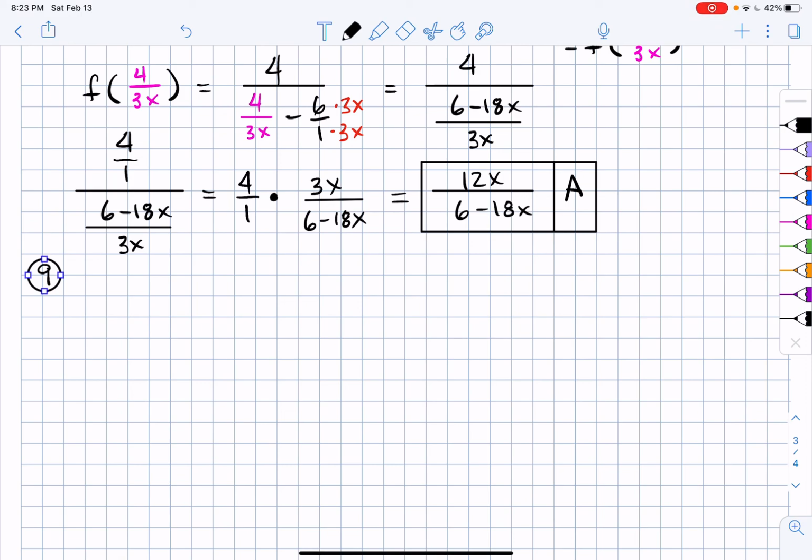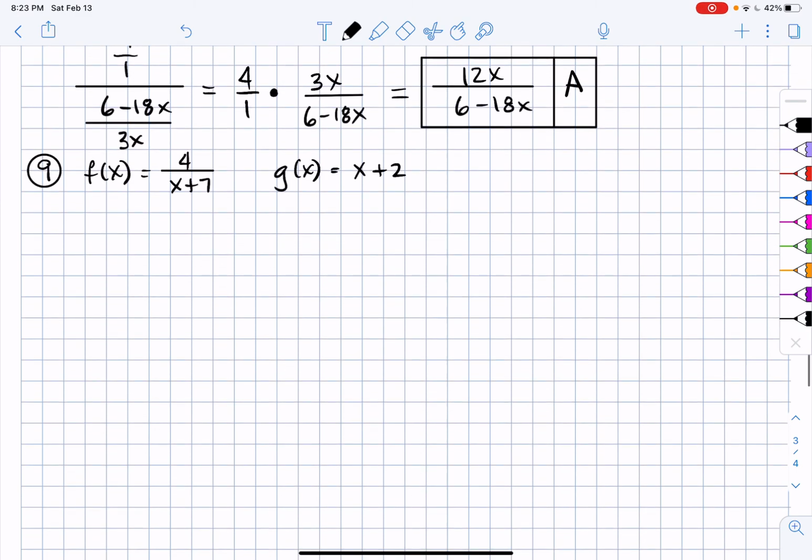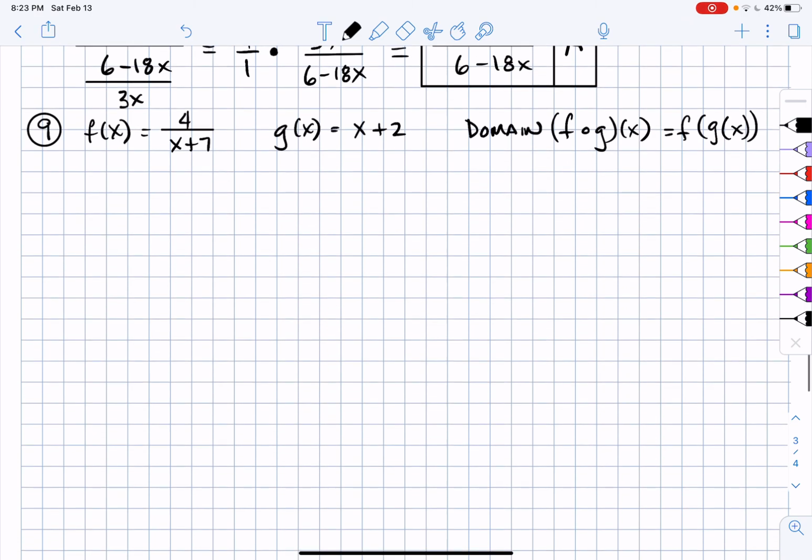Number 9 says that f of x is equal to 4 over x plus 7, and g of x is equal to x plus 2. It wants me to find the domain of the composite, which is f composite g of x, which as I told you before is f of g of x. Which means f of x plus 2. So what I'm really doing is wherever the x is in the f function,